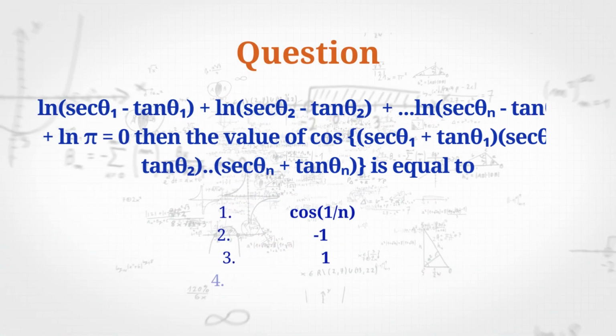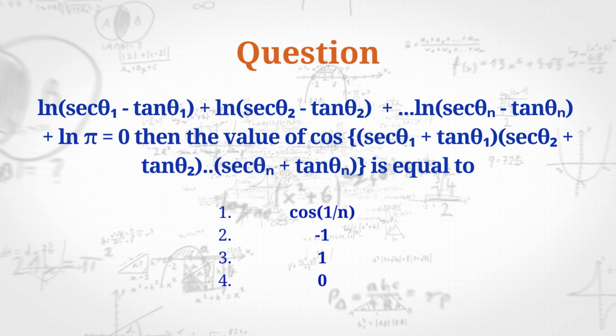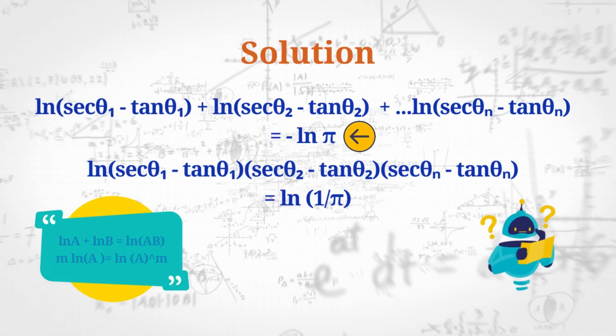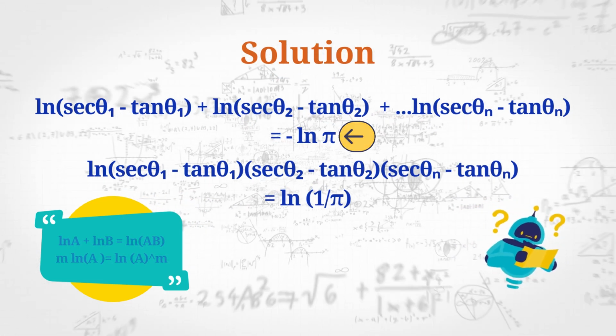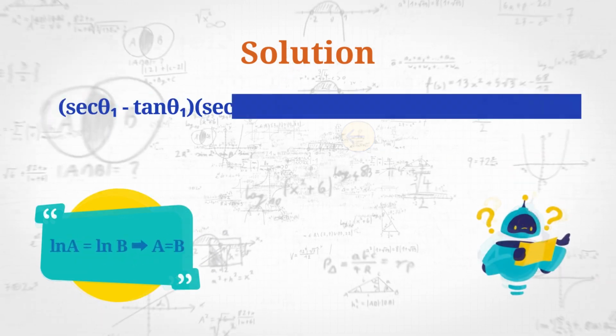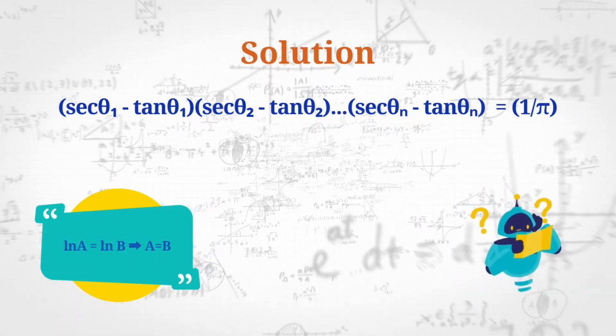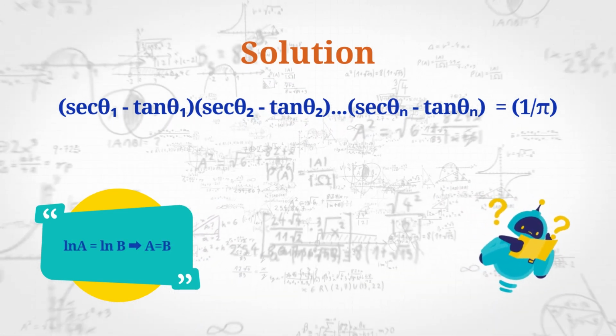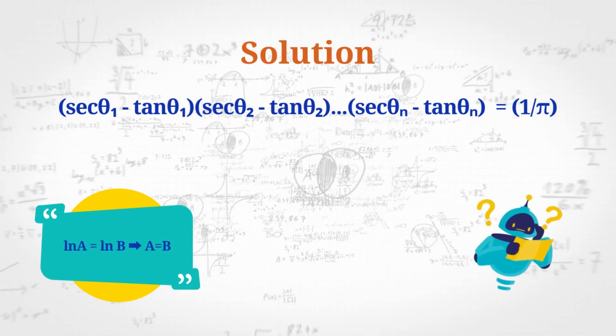Here's the question for today. Let's break it down step by step. We start by taking log pi to the right hand side and then apply sum of logarithms and exponent properties. We get (secθ₁ − tanθ₁)(secθ₂ − tanθ₂) and so on up to (secθn − tanθn) equals 1